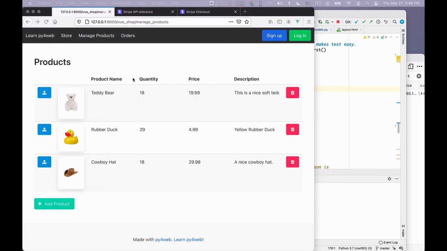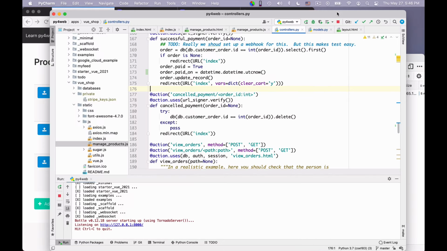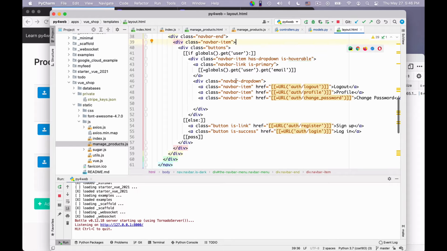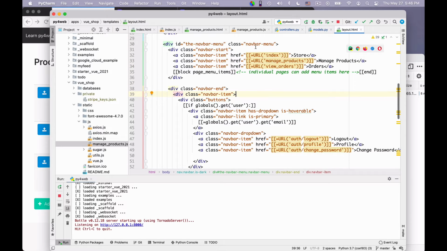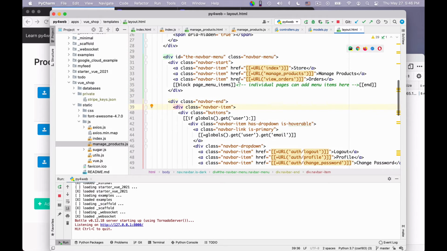So let us look first at the Manage Product page. Let us look first, in fact, at how I obtained this menu. This menu is obtained by modifying, in the layout, this section, which is the menu items that you can put at the beginning.